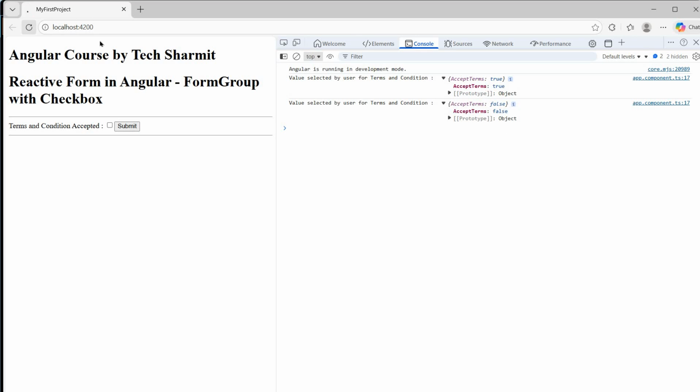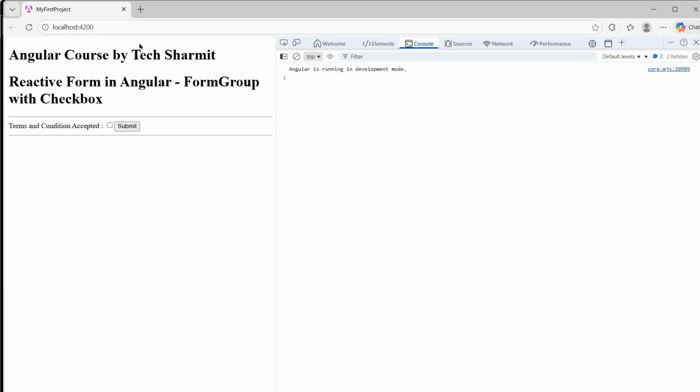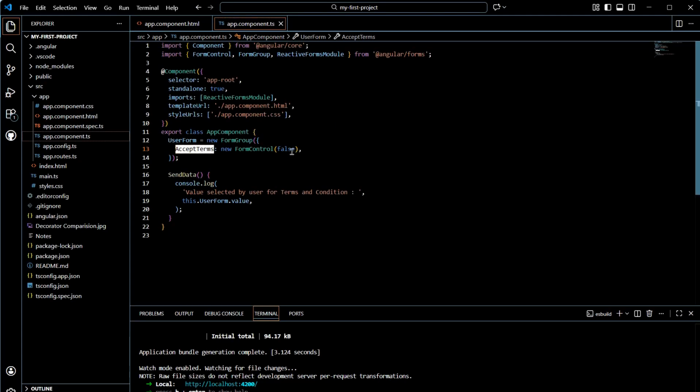In fact, initially, this is the initial state, right? I just refreshed my page, and if I submit this as it is, by default it will take the value as false. Why? Because if you carefully look at this, you will find that yes, we have already set the default value as false. Okay, so this is how we usually utilize form group with